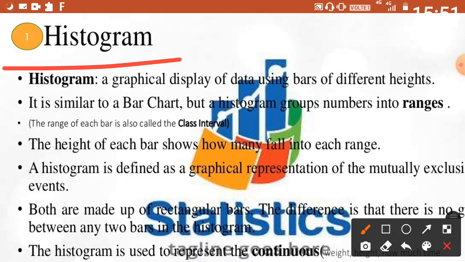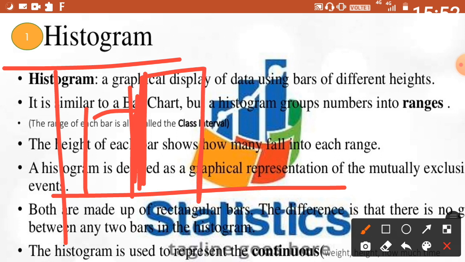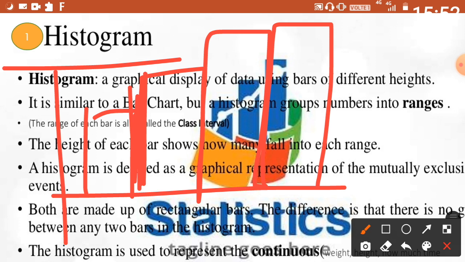There is a very little difference between your histogram and your bar graph or column graph. Your bar graph is also known as your column graph. So may I know what the difference is? Listen. Your histograms are somewhat like this, where the bars or columns are attached. Do remember that in case of a histogram, the bars are attached to each other. You can see, right?